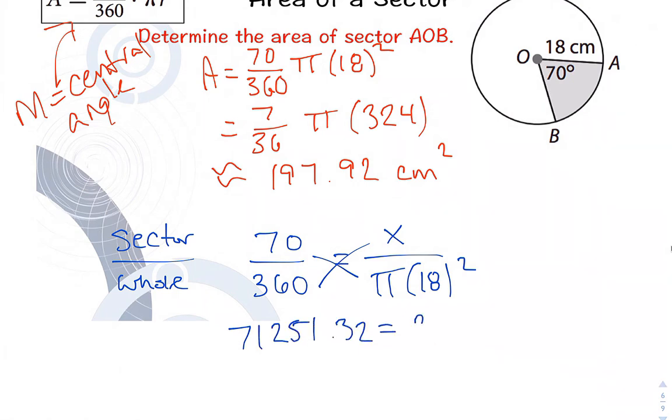71251.32, but that's equal to 360 times x. Okay. Now, in order to solve that, I divide by 360, and I end up with the same answer, 197.92. So 2 different ways you can think about it. Now, if you really analyze these, essentially it's the same thing, and it's actually how we end up with